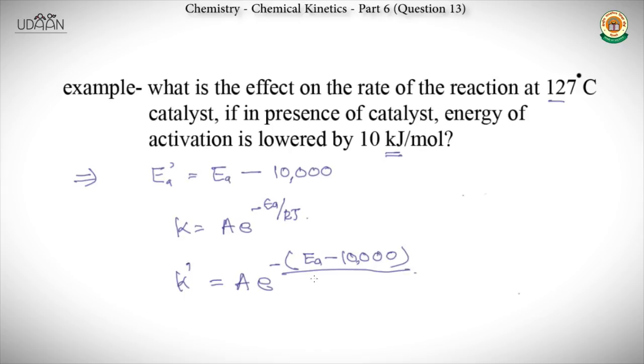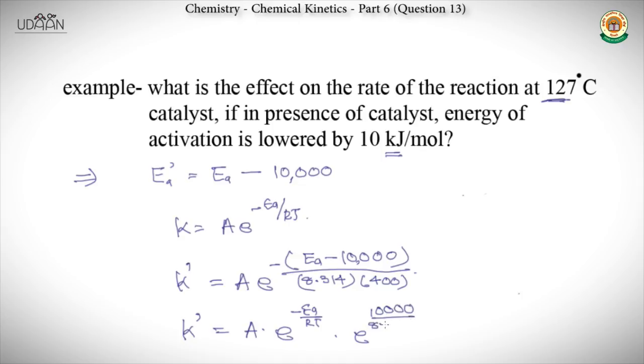The value of R is 8.314 and the value of T is 127 plus 273, which is equal to 400 kelvins. Therefore, K dash is equal to A multiplied by e raised to the power minus EA by RT multiplied by e raised to the power 10,000